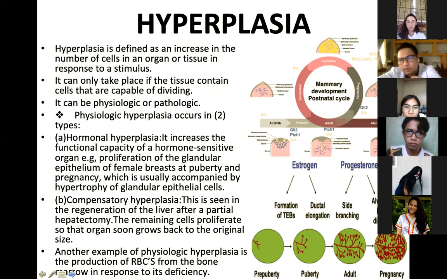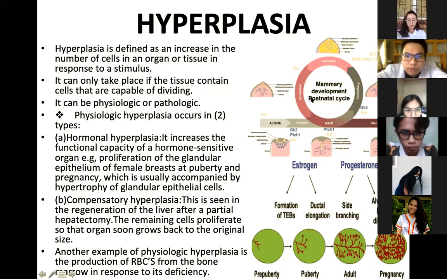So like hypertrophy, class, meron siyang dalawang category, physiologic and pathologic. For physiologic, class, we have two, hormonal hyperplasia and compensatory hyperplasia. If you go through the pictures, class, this is a mammary development postnatal. Okay. The example of a hormonal sensitive organ, for example, is proliferation of the glandular epithelium of the female breast at puberty